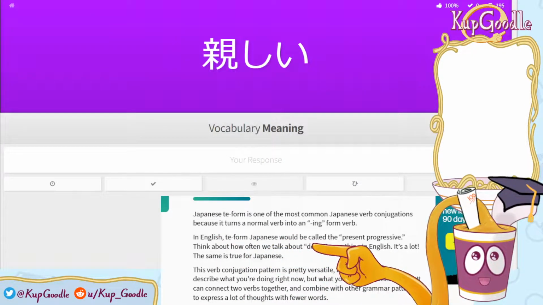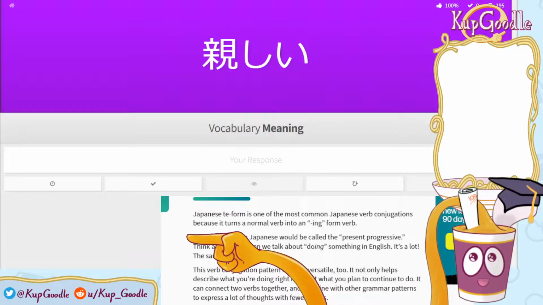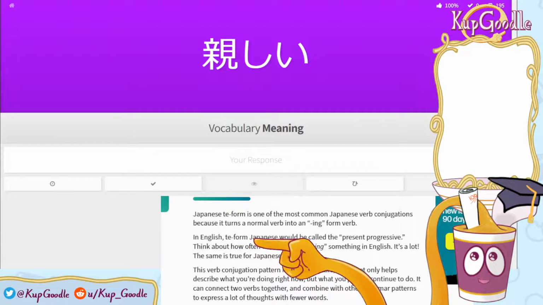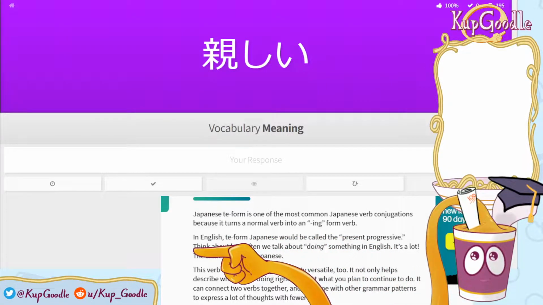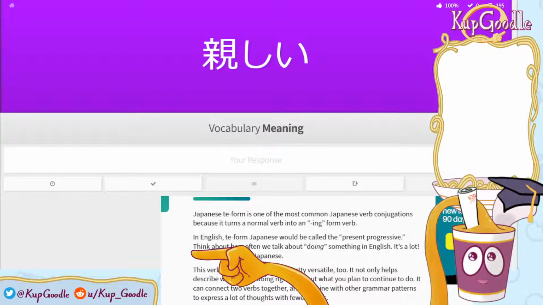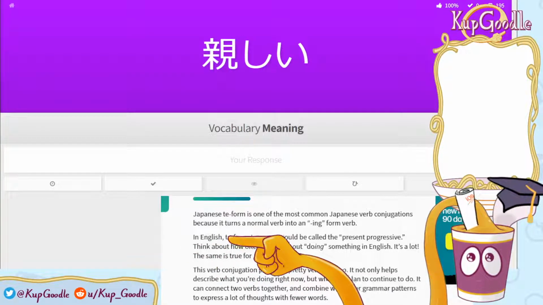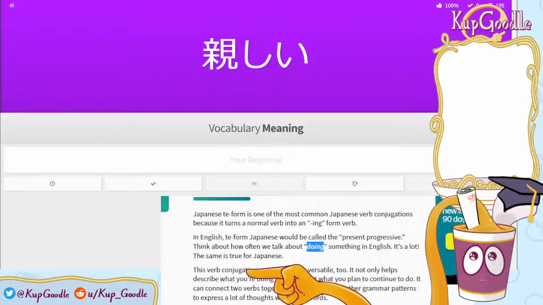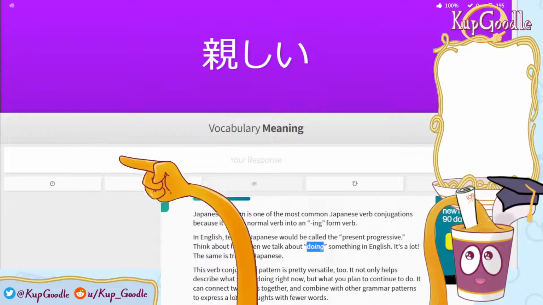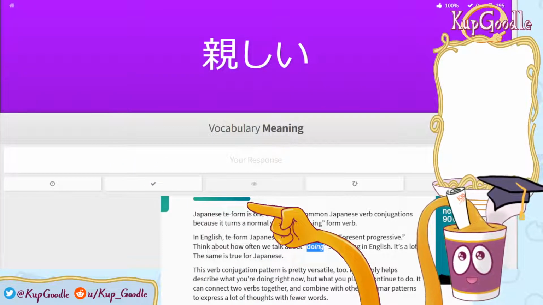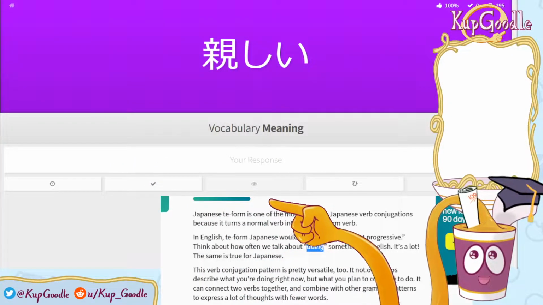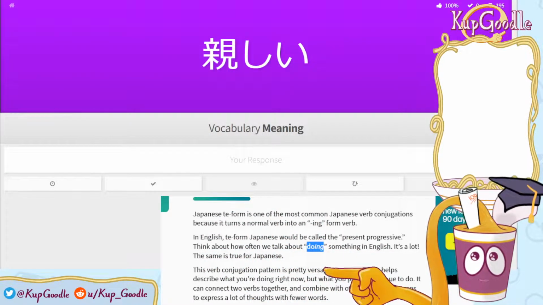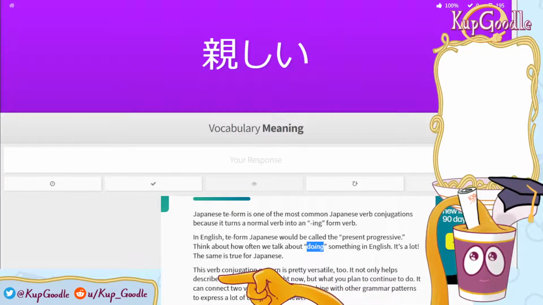Okay, let's start from here to explain for anyone learning with me. In English, te form Japanese would be called the present progressive. So you are progressing through something, it is continuously happening. Think about how often we talk about doing something in English. That's a lot. Same is true for Japanese. This is, by the way, this website is fluent in 3 months. That hardly seems accurate. This verb conjugation pattern is very versatile too, and not only helps describe what you're doing